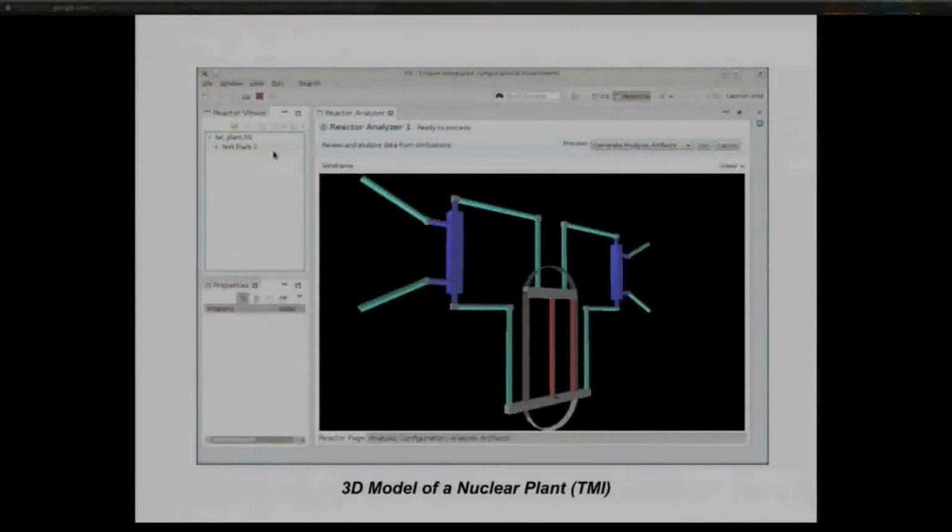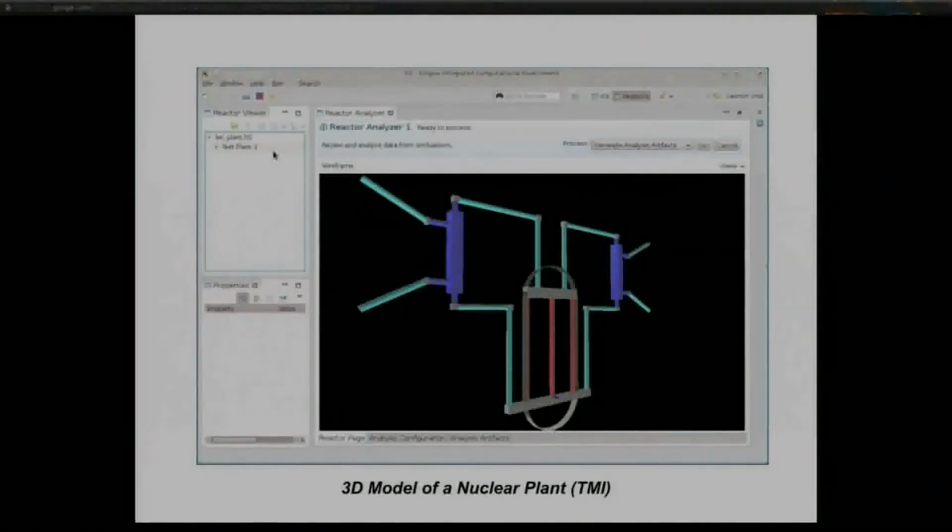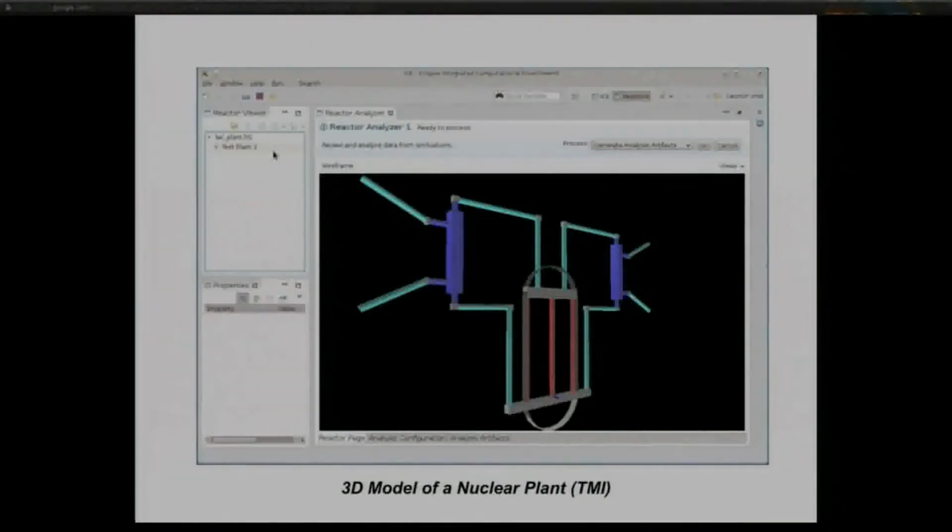This is a 3D model of a nuclear plant. It's pretty cool, and I've been working on this one for a while. You can fly around this thing. Basically, it's pipes and heat exchangers, and there's a reactor core in there. We are really looking forward to having an opportunity to take those pipes and heat exchangers and use them somewhere else on another type of project where they'd be applicable. We can't really do much with a reactor core in a model of some other power plant, but any steam-based power plant we could apply the rest of the system to.